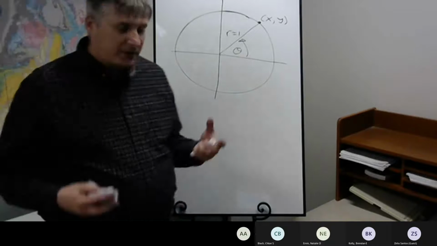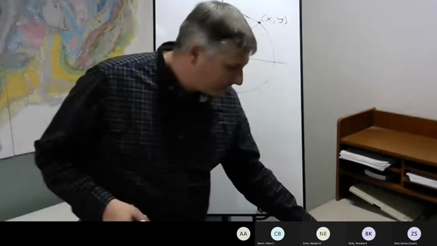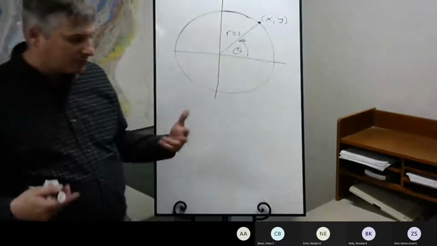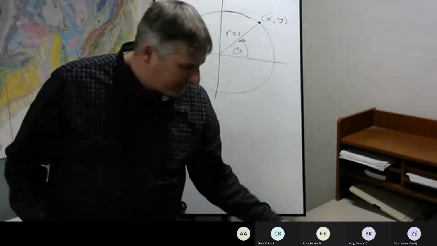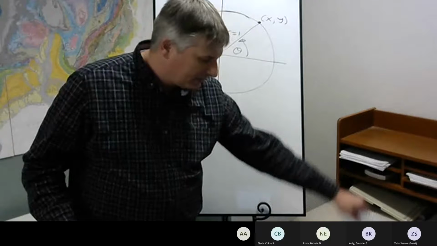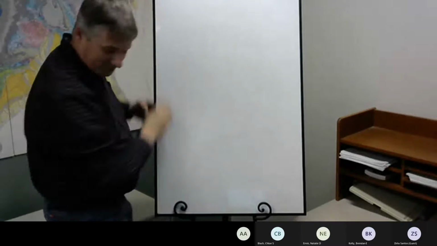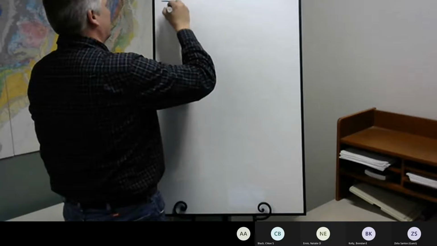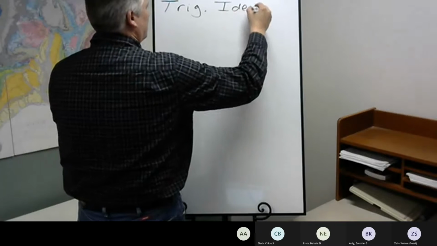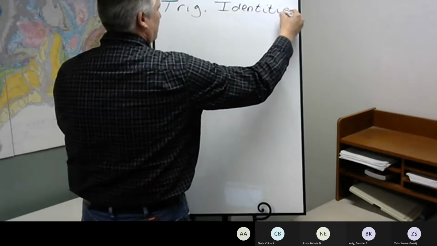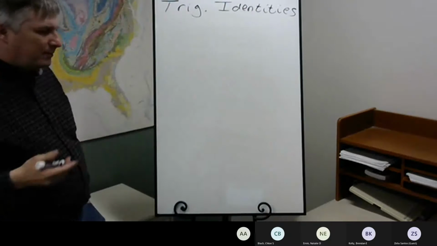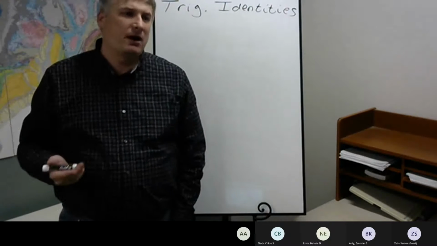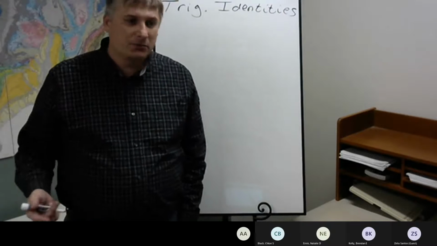So what we're going to do, we're going to look at trigonometric identities. We talked about angles. We talked about different circles, unit circles. How to convert between radians and degrees. And we're going to take a look at trig identities. So the trig identities, ultimately what they let you do is they can help you find the trig function values